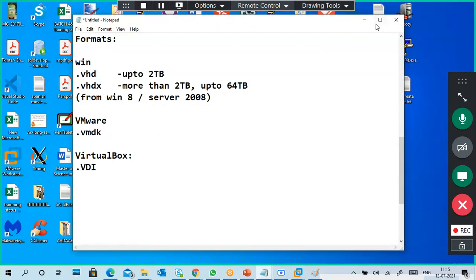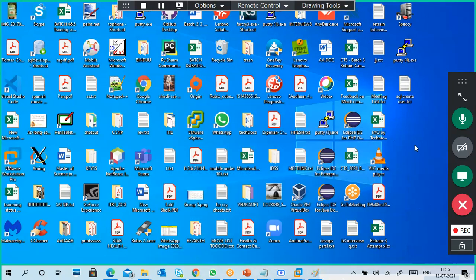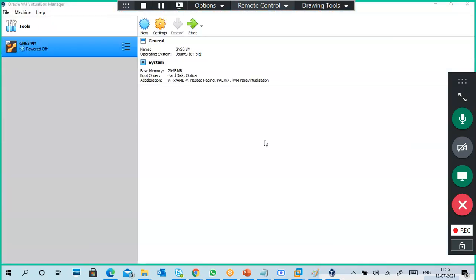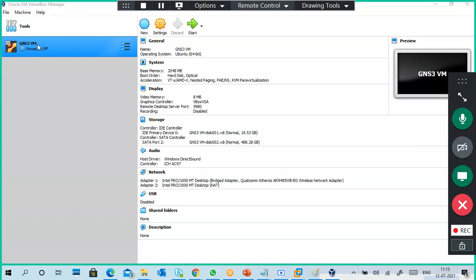Like if you want to see, this is my VirtualBox. I think it is opening. Yeah, this GNS3 VM is here.